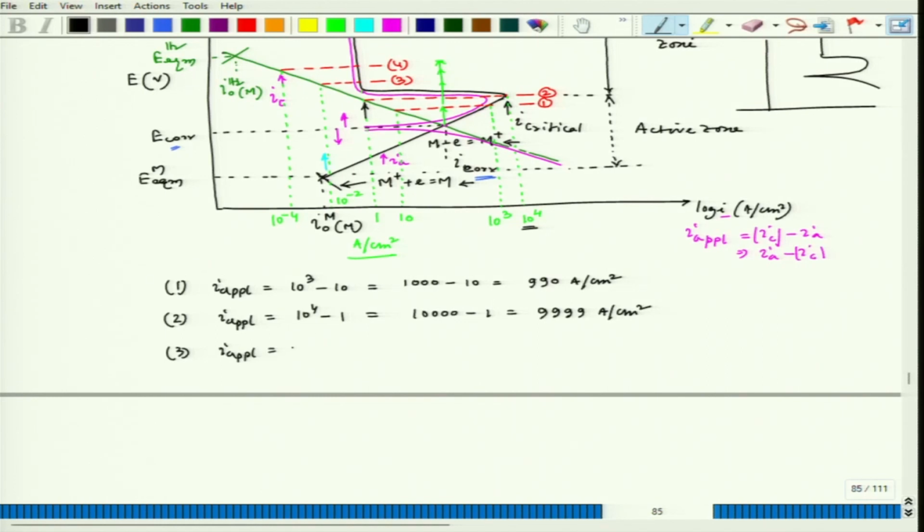I applied would be 1 minus 10 to the power minus 2, and this I applied here in all the cases, equal to IA minus IC. Since this is IA, this is IC, and IC is negative because of its direction, I am taking a mod value. I am just bothered about the magnitudes. So now if I do that, 1 minus 0.01, the value would become